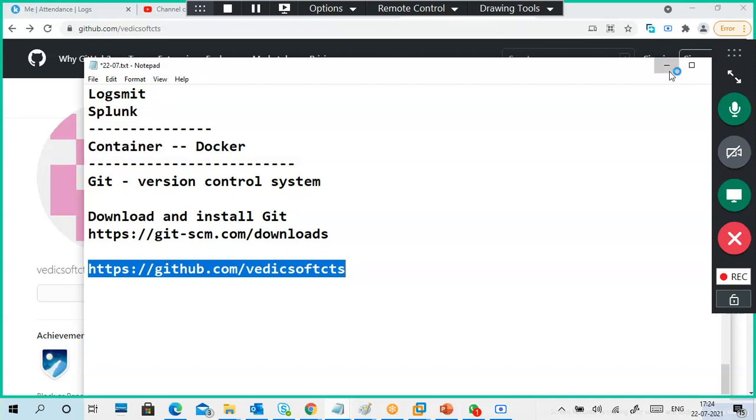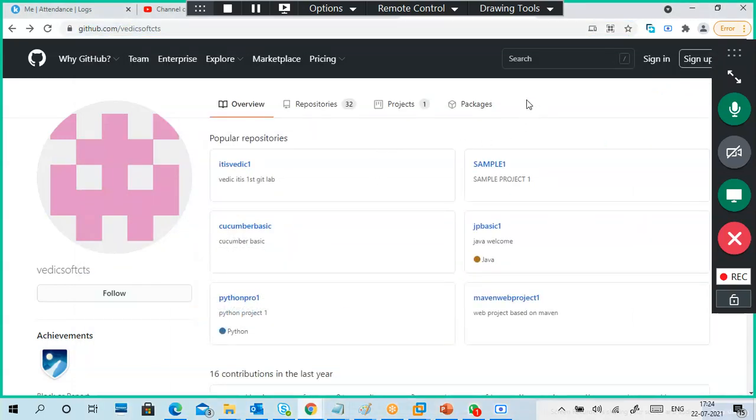I'll share the password later. Okay, so here I am not signing in. The problem is I can give you a password, but you should not sign in here. If you sign in, you will get a mail, I will get a mail. Okay, so I am going to sign up. Oh, sign in is required because I already created it.